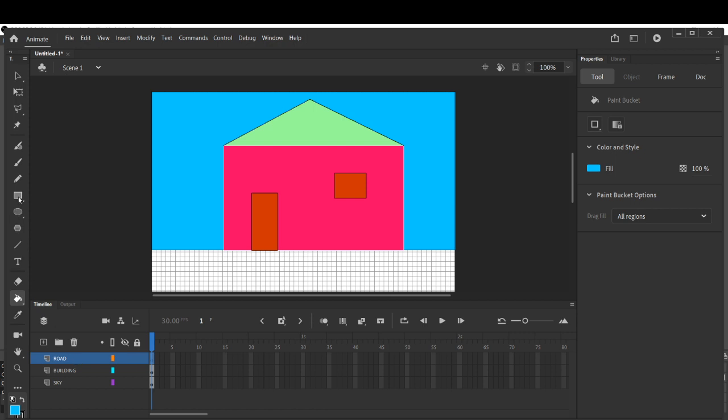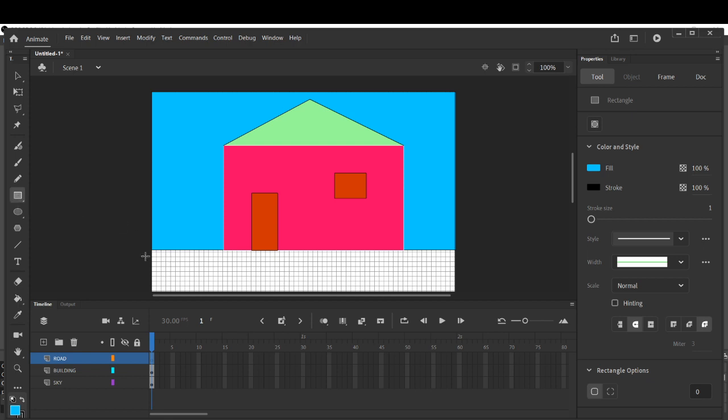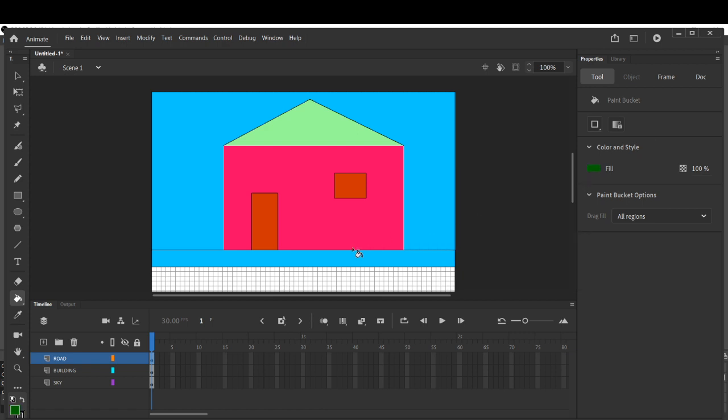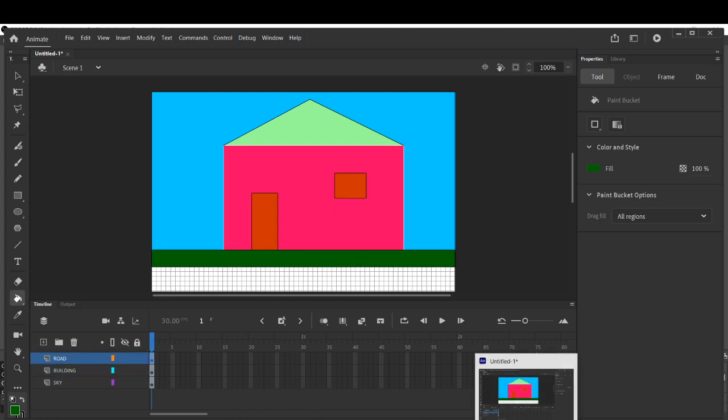So we will click on the rectangle tool, and for grass, draw the grass, this much. Change the color. The color should be green, right? No, undo, Control Z is undo. Now the grass layer is inserted, and in front of this grass we have a road. So change the color first.